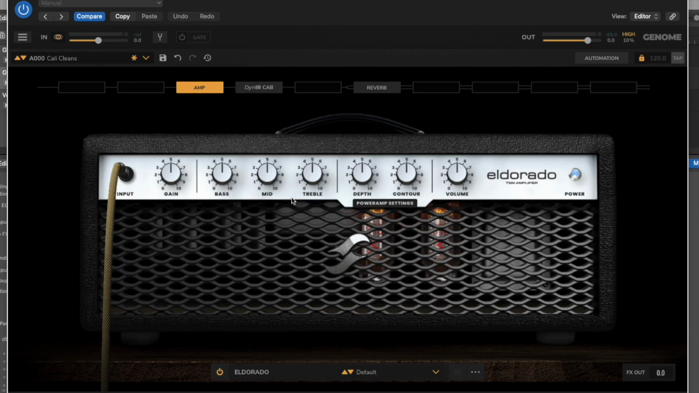We got the Eldorado, El Soldano. I've only ever played a Soldano once in my life. It was a long time ago, like maybe 20 years ago. And all I remember was thinking that it was the greatest thing I'd ever done. That said, I don't have an ear to know if this is realistically